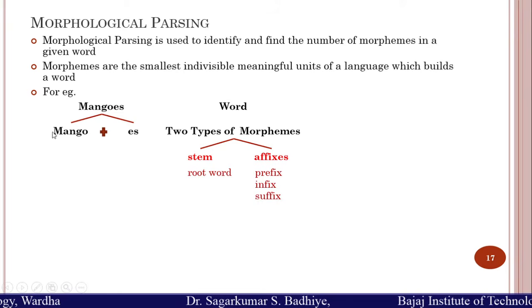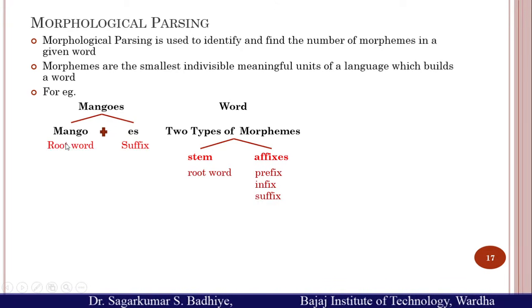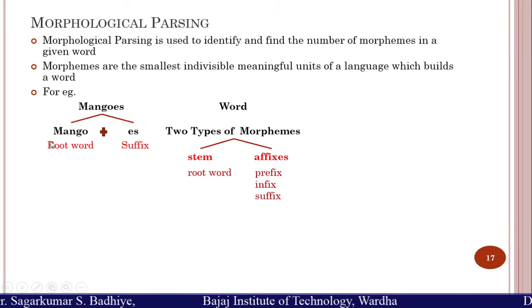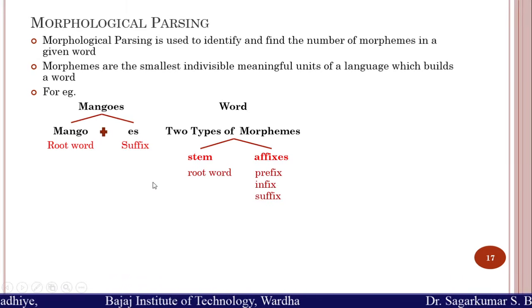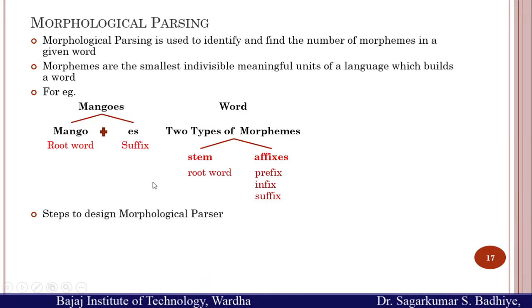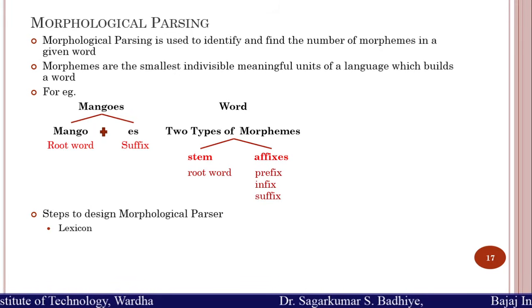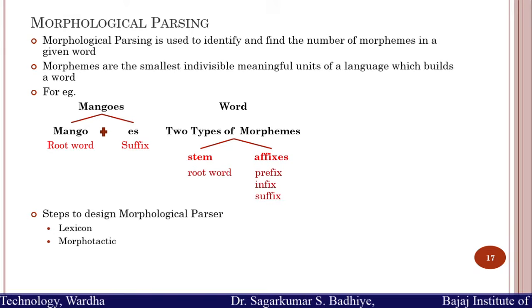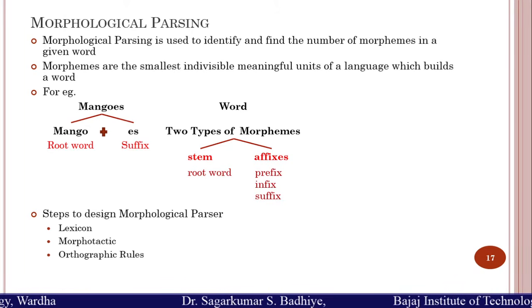Right, so this is made up of mango plus es. Here, mango is the root word and es is the suffix. So these two, the root word and the suffix, combine together to form mangoes. Right. So the steps to design a morphological parser consist of three steps: the lexicon, the morphotactics, and the orthographic